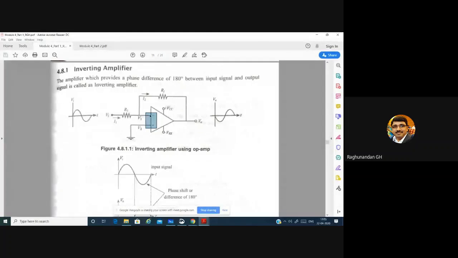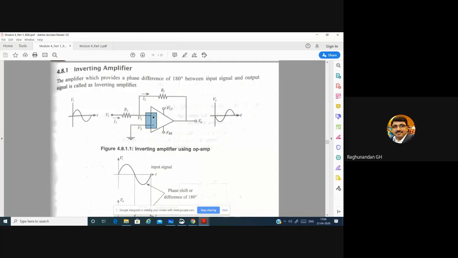The other one is this one. Why the current will not move towards this terminal is that it offers very high input impedance, the resistance offered by these terminals is very, very high. When the resistance is very high, only a very minute amount of current will be flowing. So when a very small amount of current flows here, we just neglect it and assume that the current through the inverting terminal is zero.